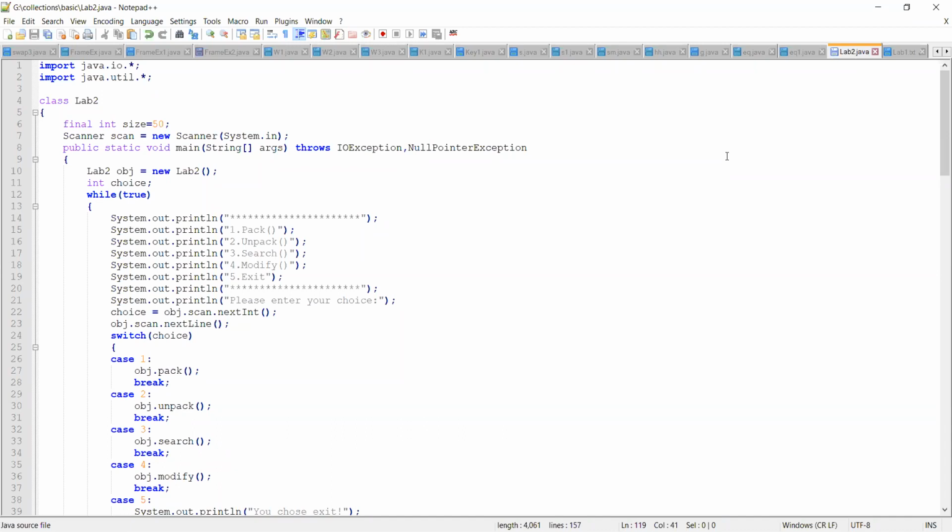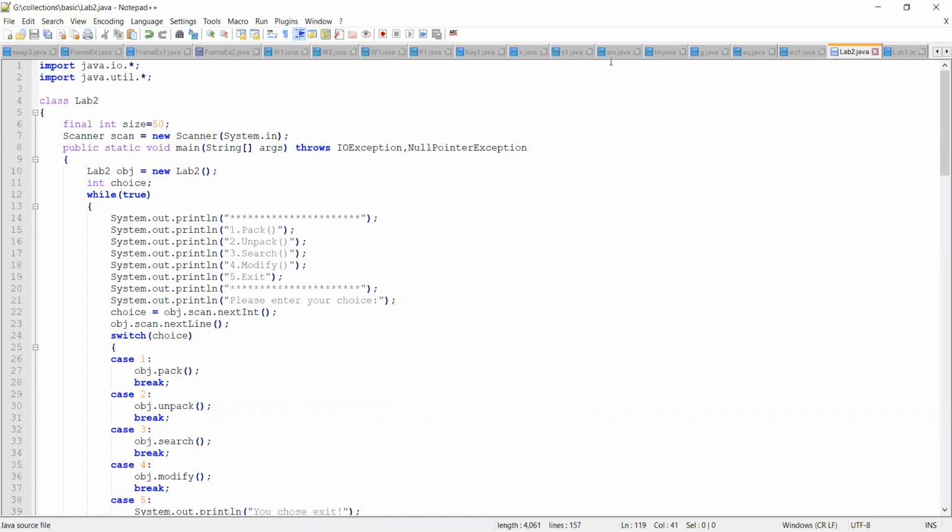If not, you need to fetch the second record from the file, again apply a split function on it, extract only the USN field from the second record, and check whether it is equal to the USN entered by the user. This process should continue either until a match is found or the end of the file is reached. Suppose you go on performing this match operation until the end of file is reached and still cannot find the matching USN, then you can display a message telling that the record you are searching for was not found in the file. You can display an error message.